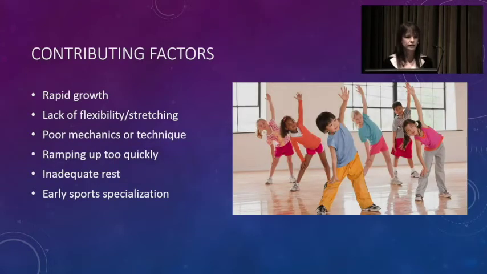So there are different risk factors or contributing factors that will make one person more likely to experience an overuse injury than somebody else. Rapid growth, those tween years when they're going through that adolescent growth spurt, that is sort of prime time for an overuse injury. The bones are lengthening rapidly, and the muscle tendon unit does not keep up that same pace of growth, and so it gradually, essentially tightens up as they are growing quickly.